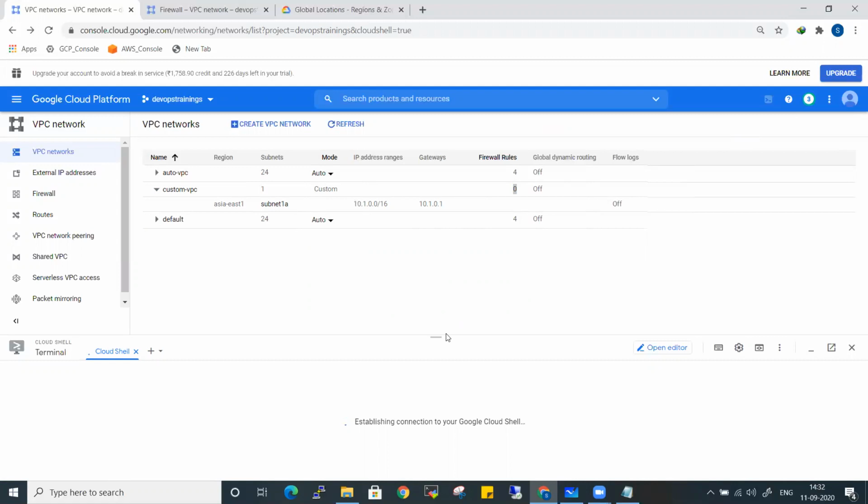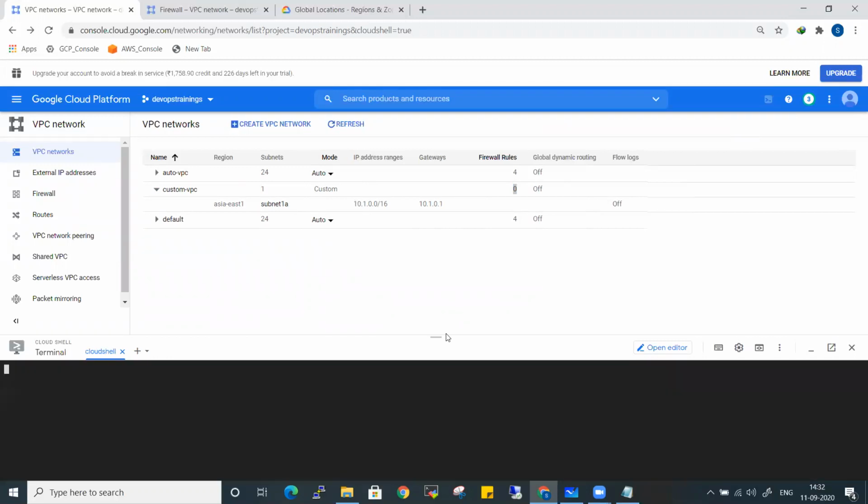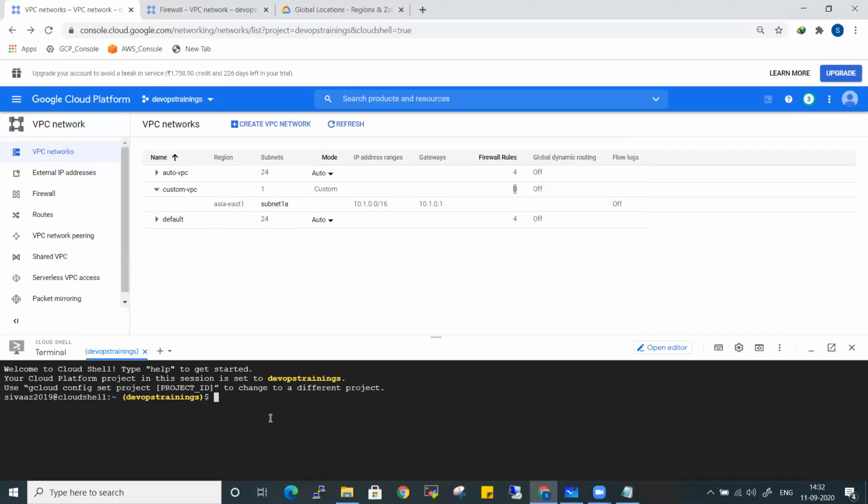Even Microsoft has some similar technology, but AWS, I don't think it is available. Google initially brought this sort of thing. Now, in order to execute gcloud commands, there should be an SDK present. It is already present in the Google Cloud Terminal, so Google takes care of that. But if you want to execute gcloud from your laptop, you need to have the SDKs installed. We can discuss that later.